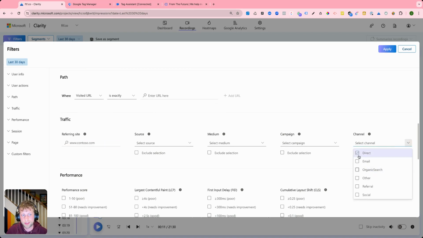So in the channel, for instance, we have all of these broken down channels here. And this is based off of a set of rules that Clarity determines on what should fit into these different buckets. But if we wanted to, for instance, see organic search, it would include things like Google Organic, Yahoo Organic,